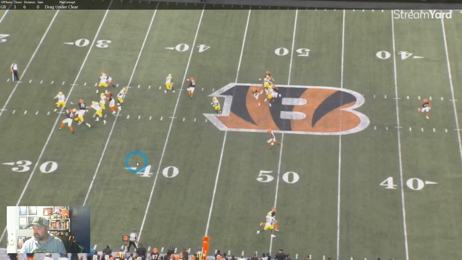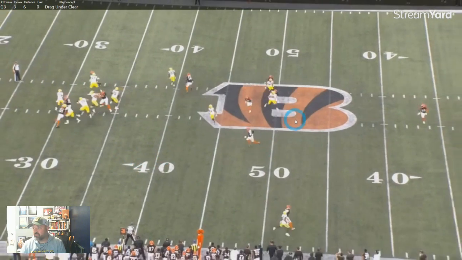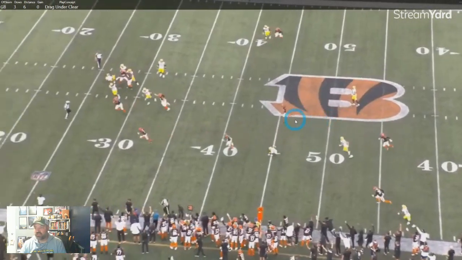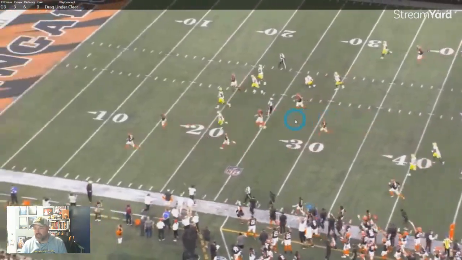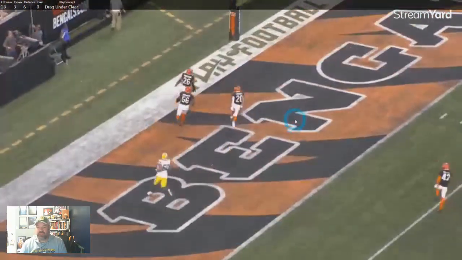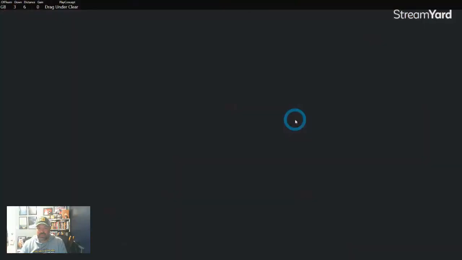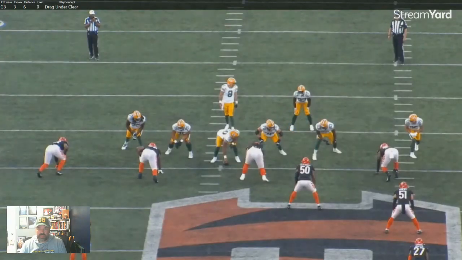He's got a man in his face. I know in his mind, he thinks it's too high. I've checked that. I've confirmed that. I'm going to throw this. Instead, it just gets jumped and taken to the house. Again, not great. Pick six is never something you want to see, but we'll look from the back of Clifford